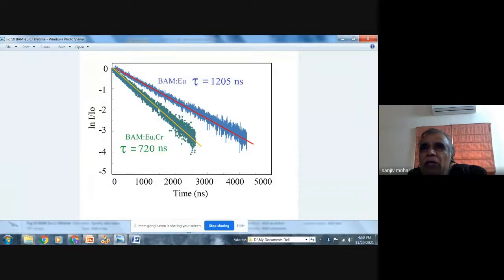So only europium lifetime was 1205 nanosecond. If I dope with chromium, then the lifetime is shortened to 720 nanosecond.